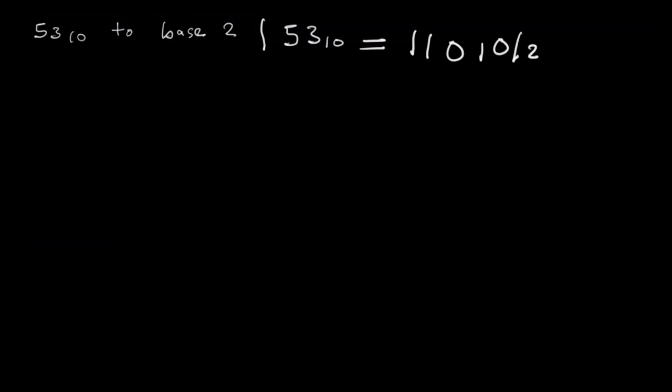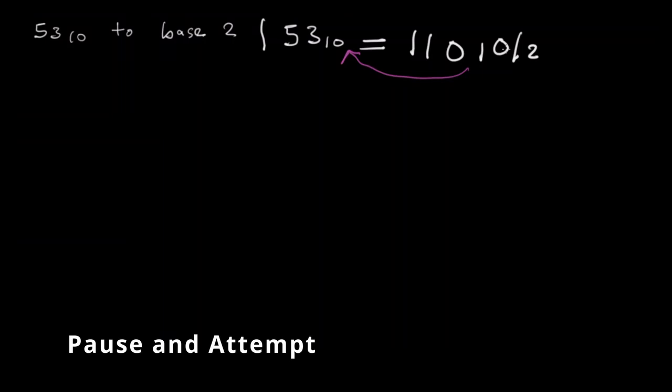Let us use our mathematical prowess and try to reverse the process to get back to base 10 coming from base 2. So how do we convert 110101 base 2 to base 10? You can also pause here and try to work through the question, then unpause to follow through the suggested solution. Let us work through the solution.